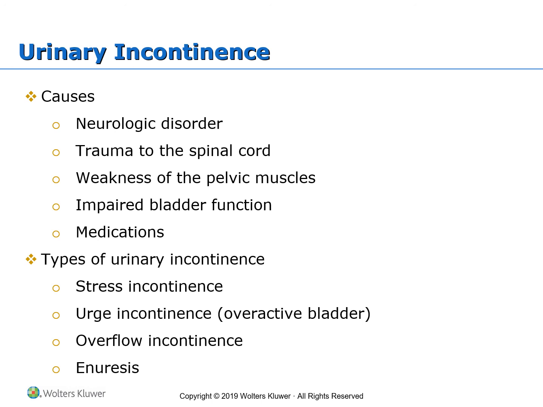We have what is called the stress incontinence, or the weakness. It's more an incompetence of the urethra, and that allows small amounts of urine to be lost or to escape whenever there is an increased activity that will produce a high pressure inside the abdomen, like in coughing or sneezing or exercising or lifting. It's typical for those women that have had a lot of vaginal births, and they may now have a weakened pelvic floor. We have urge incontinence, or an overactive bladder,